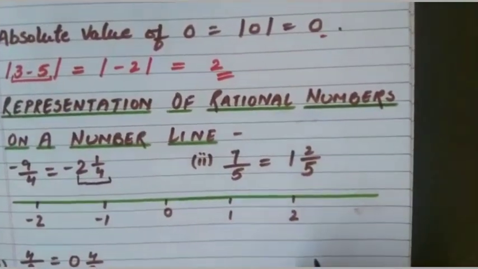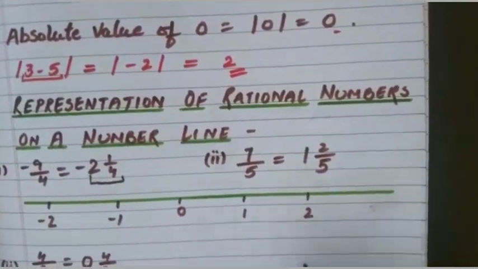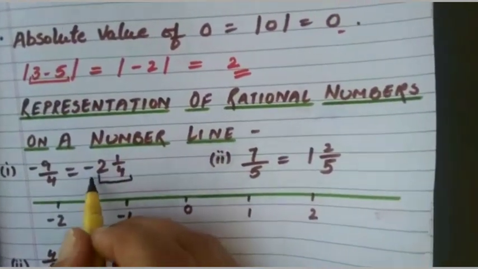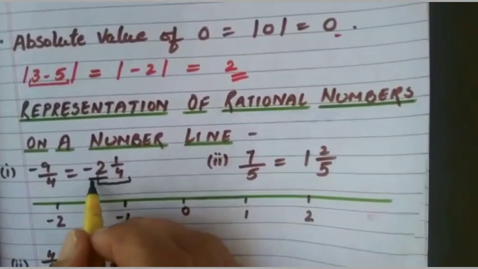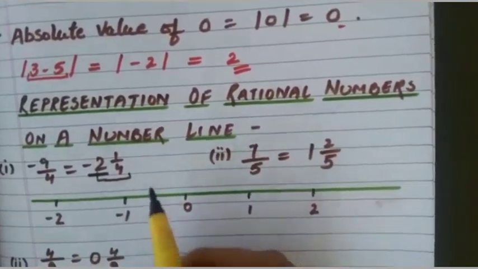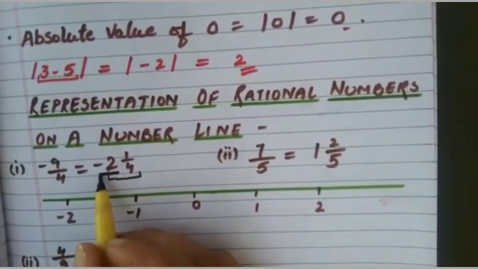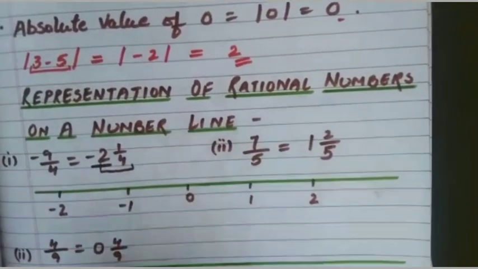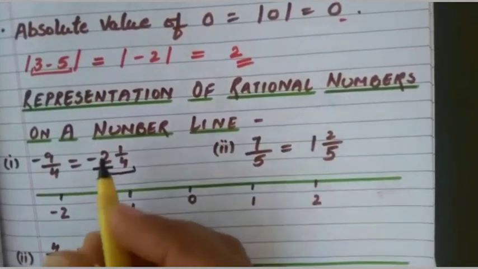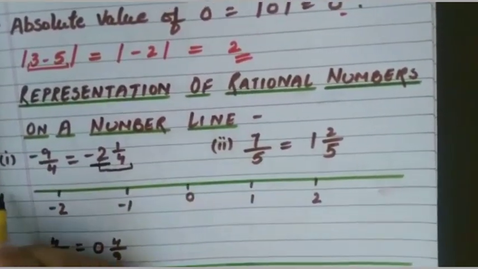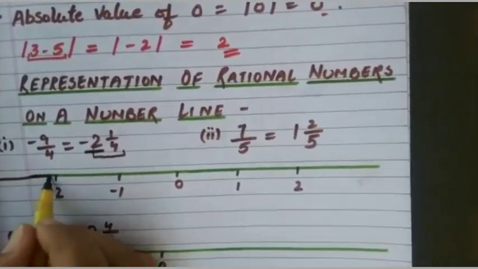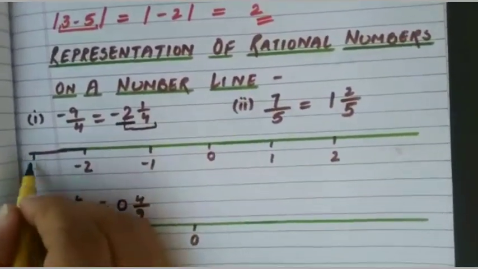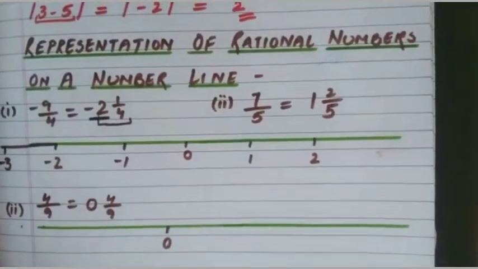Now children, please be careful. The first step you completed here. Then you see this is minus 2. Minus 2 is the whole number, which tells you that this rational number will lie between minus 2 and the next number, minus 3. So minus 2 and minus 3. This portion will come somewhere here on your number line. I am writing it here.